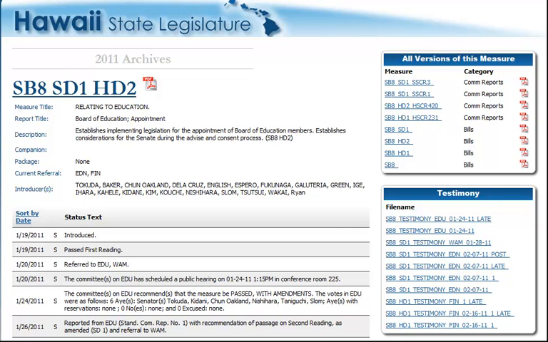Notice the word current. This depends on where the bill is in the process. As you know, Senate bills start out in the Senate. When the bill is still with the Senate, the current referrals will be the two Senate committees. In this case, they are now EDN and FIN, which stands for the House Education and House Finance. The original referrals, as you can see by looking at the status sheet, were EDU, which is Senate Education, and WAM, which stands for Ways and Means, which is the Senate's version of the Finance Committee.